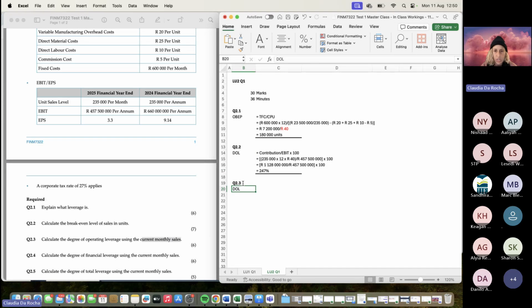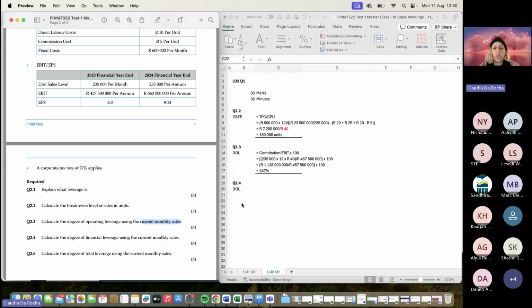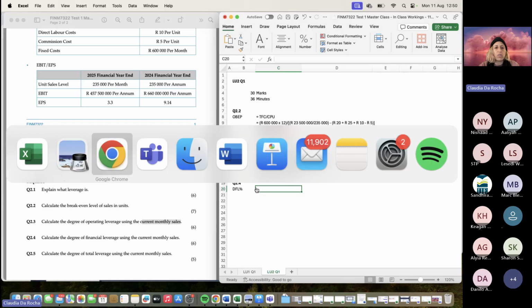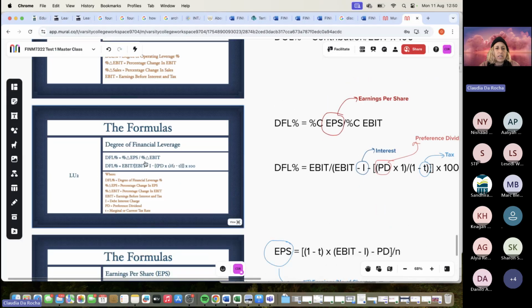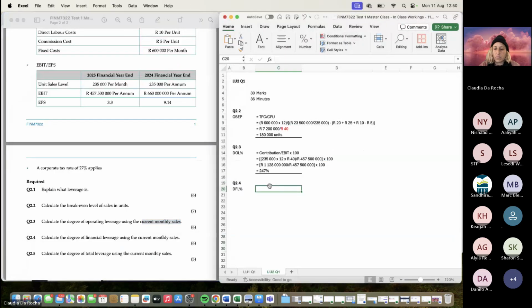Okay, then we have the next question, so let me just change the numbering because remember 2.1 is a theory question. Question 2.4 says calculate the degree of financial leverage. Again, we're going to use the baseline formula. So the degree of financial leverage percentage, actually, that's what I mustn't forget here. So if I go back to our screen, this is the formula in essence we can use, the one at the bottom. So it is equal to